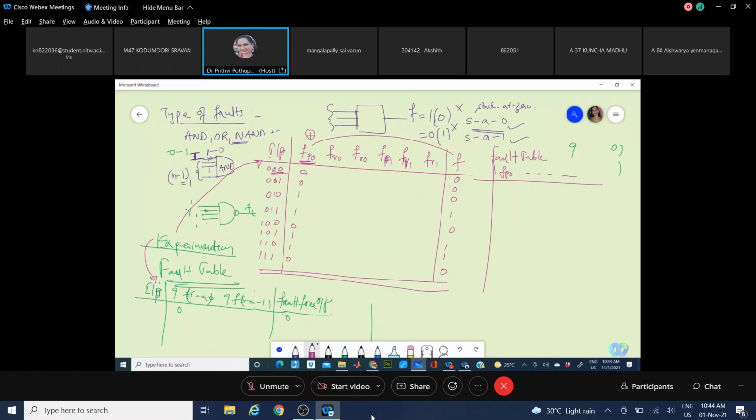See here, for 0, both are same, so it will be entered 0. For 1, it is same, it will be entered 0. But for 2, this is the complement of the value of the truth table, means that XOR operator will be 1. And other values are 0, 0, 0, 0.